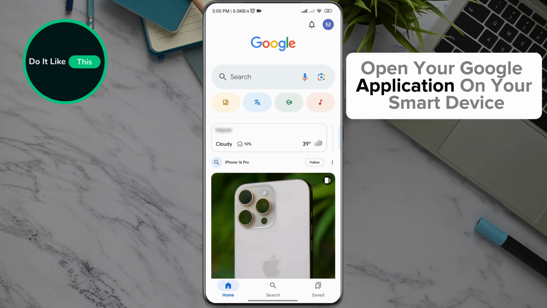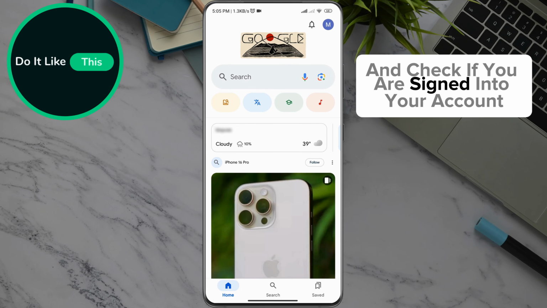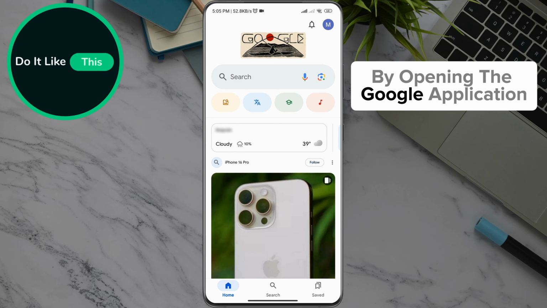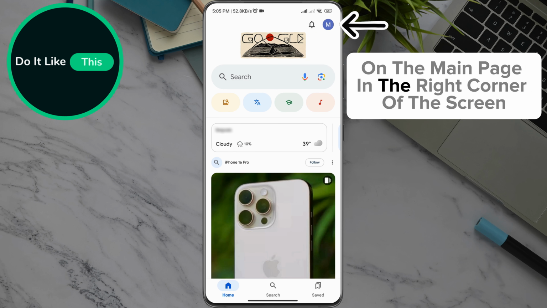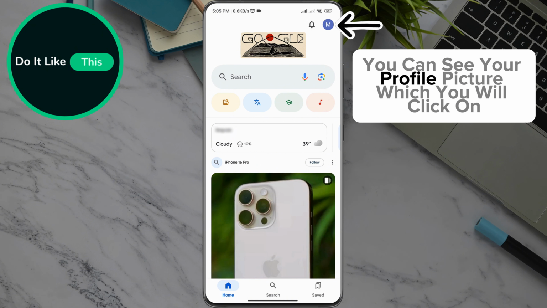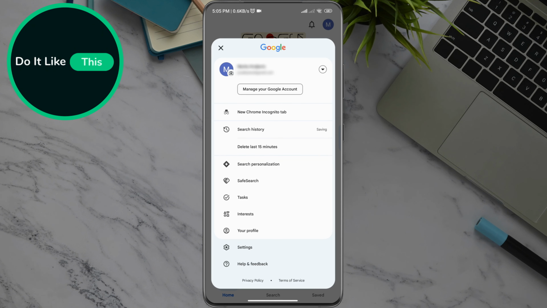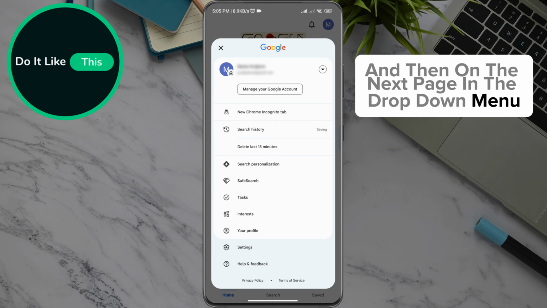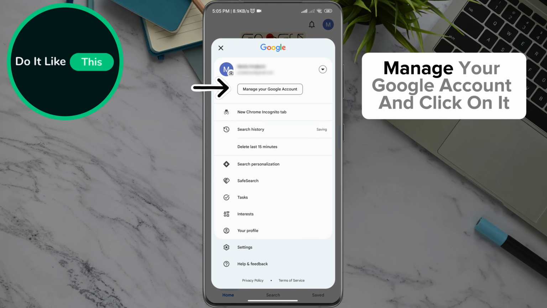Open your Google application on your smart device and check if you are signed in to your account. By opening the Google application on the main page, in the right corner of the screen, you can see your profile picture, which you will click on. And then on the next page in the drop-down menu, you will look for the option, Manage your Google account,